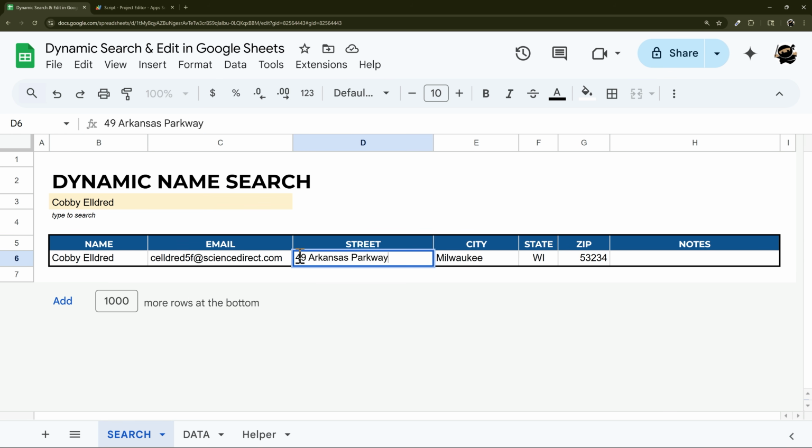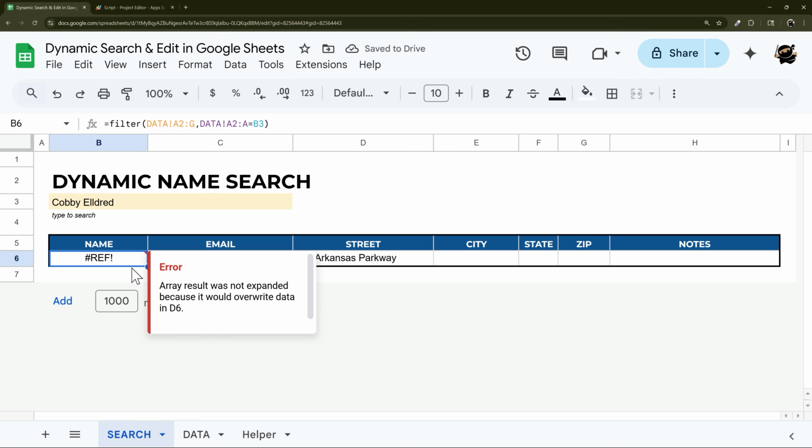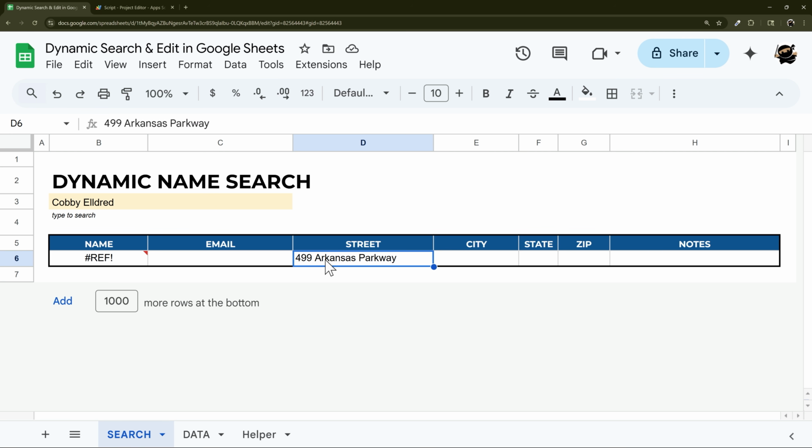Now, one thing, however, let's just say we added this. You'll see this filter formula turns into a ref error because this is now in the way, because we just turned this into text instead of being populated by this formula. So if we try to get this name now, we're going to get ref, which we're not going to be able to look up. So the first thing we're going to need to do is clear this out so we